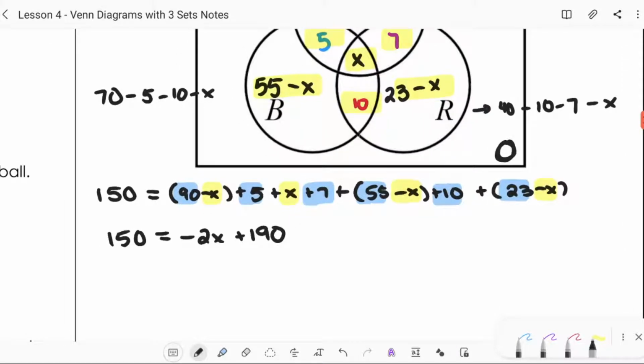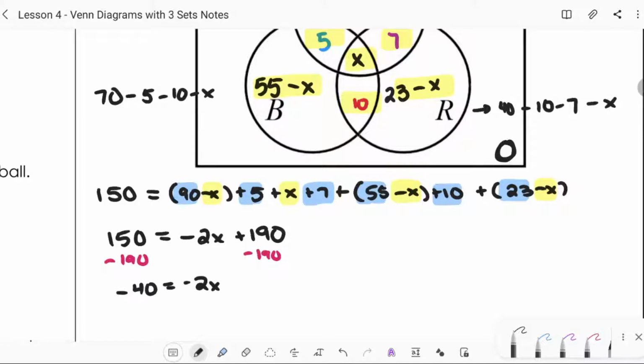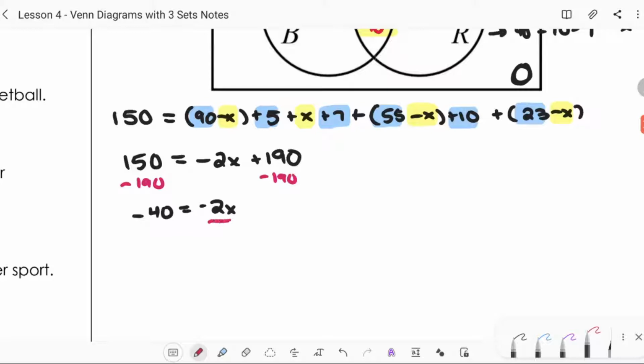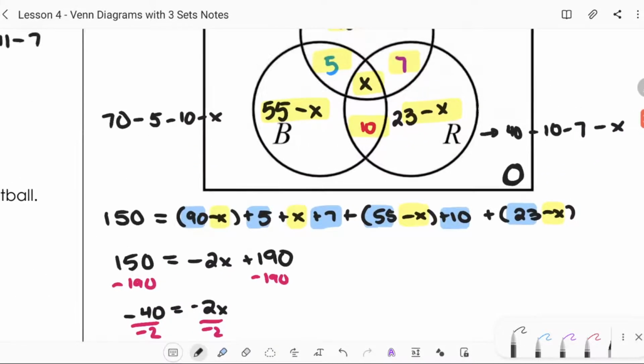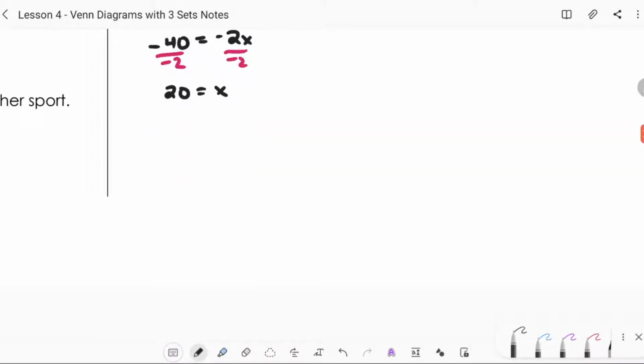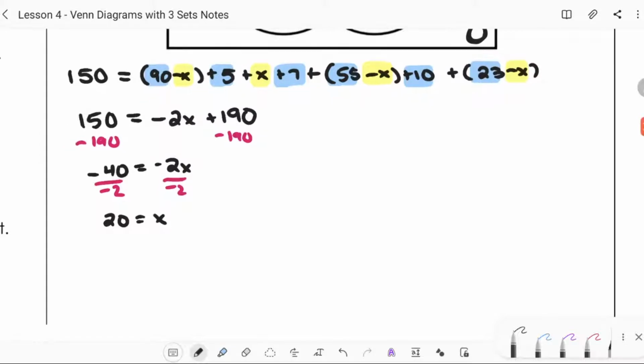And now I'm just solving for x. I'm going to subtract 190 from both sides. I have something that looks like negative 40 equals negative 2x. I divide both sides by negative 2. And it turns out that x is 20. And remember, what is x? Well, x was right here in the middle. X was the overlap of all 3 shows. So 20 students